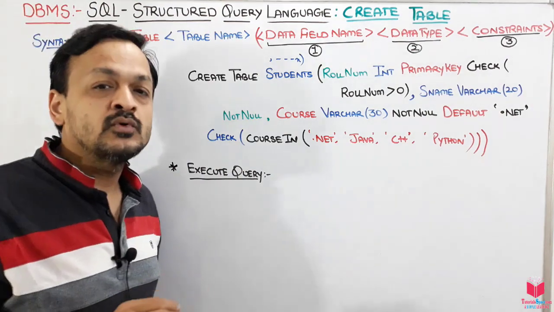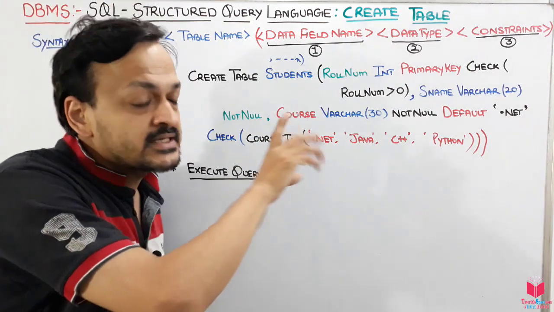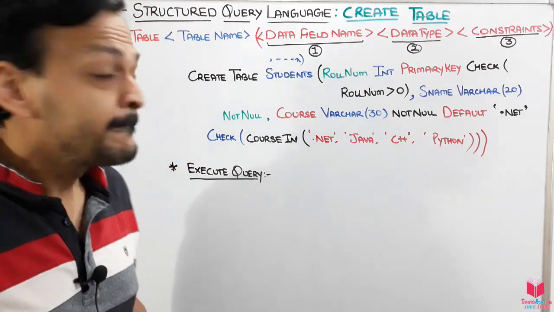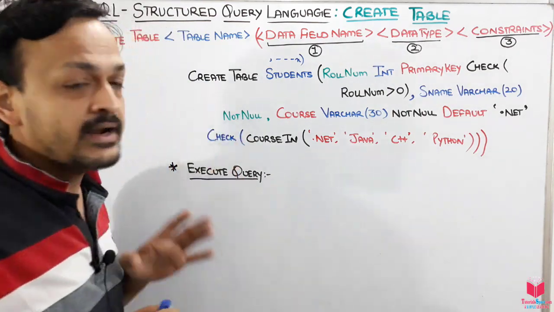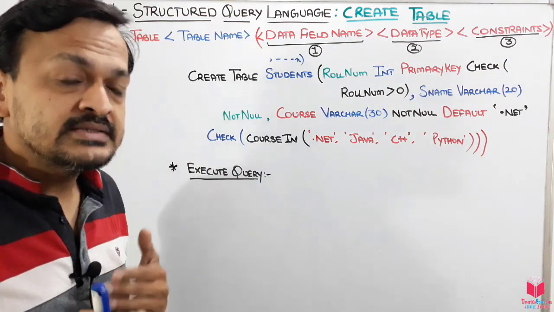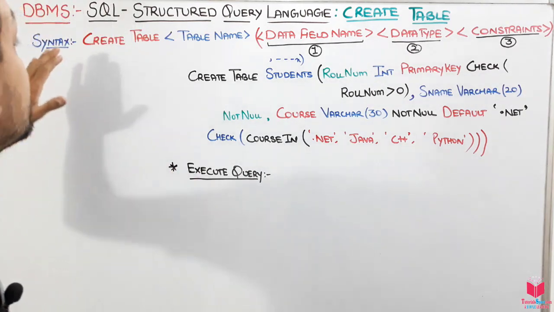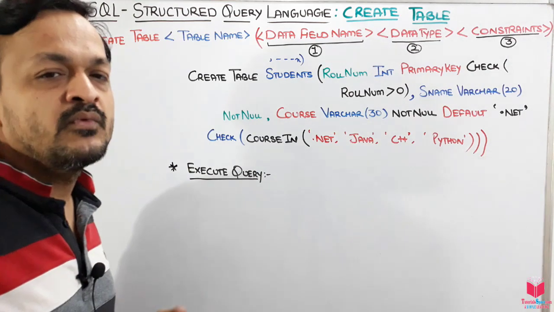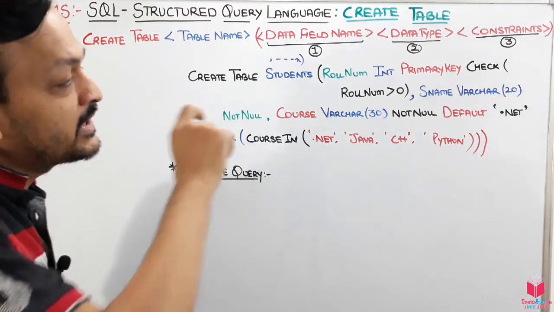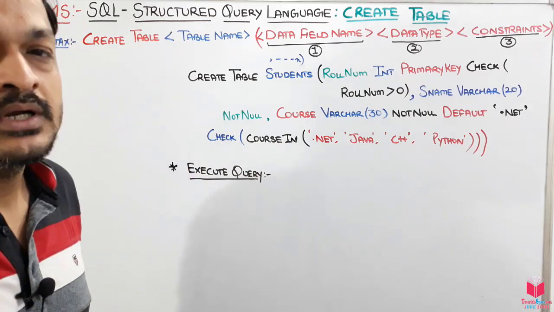After that, what do we have to do? We have to click the execute query button, where it will check the syntax and everything whatever you have written. If it finds that you have done everything in the right way, it will give you the answer that the query is executed successfully. Clear? This is basically how we can create a table. In this way we can create many tables in a database, but the syntax should be correct.